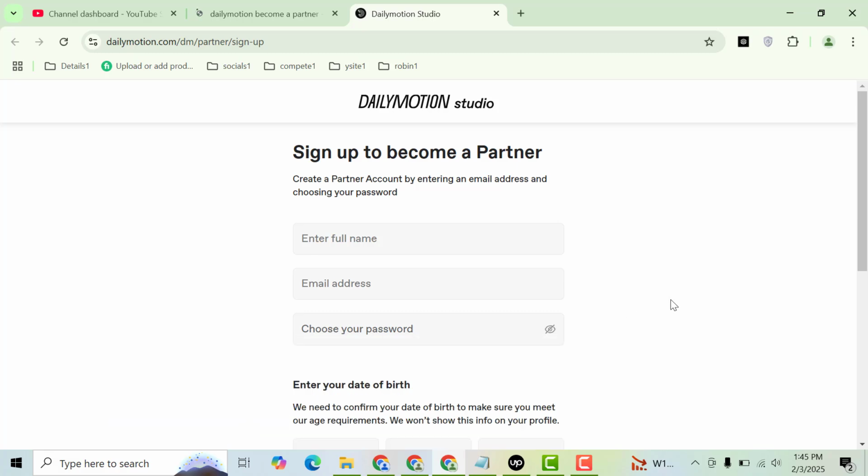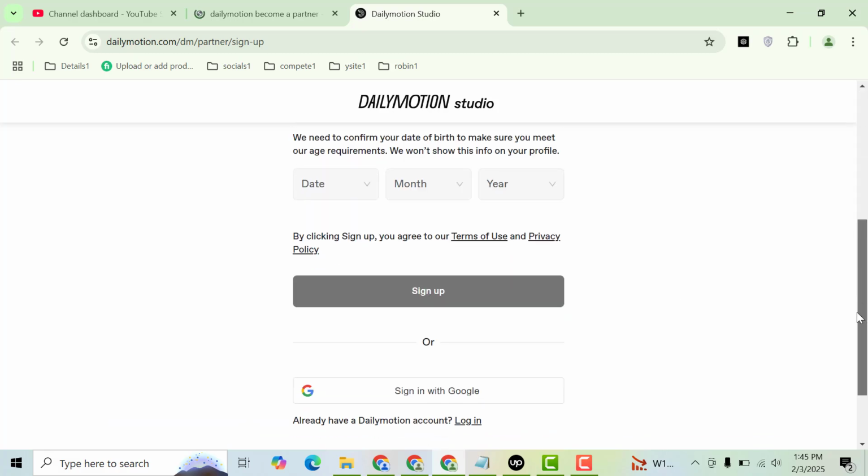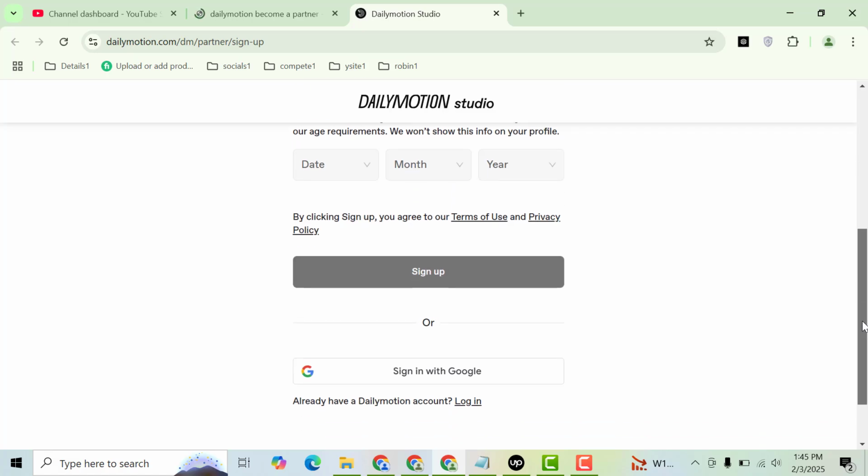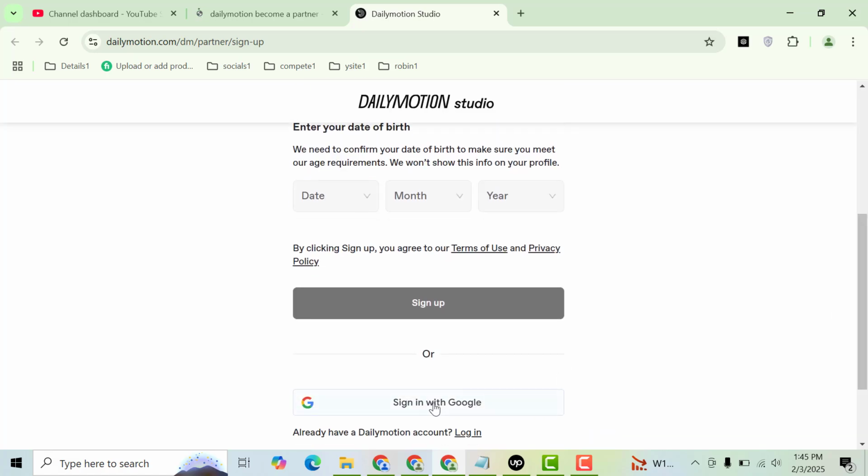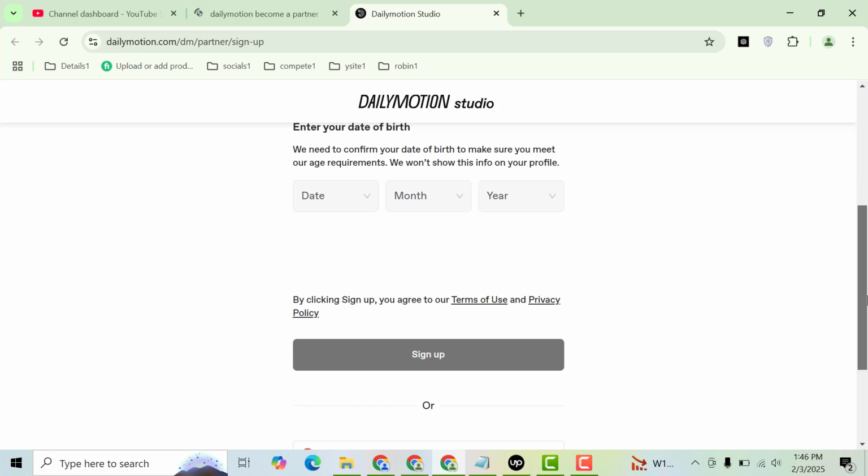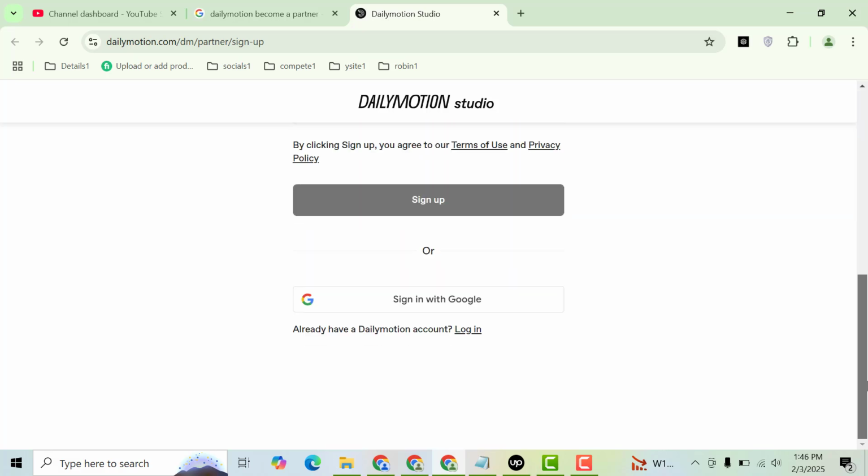and on this page here you can see you need to fill out a form. You can also use the sign in with Google option. So I think that is easy for you. Simply click here, sign in with Google,